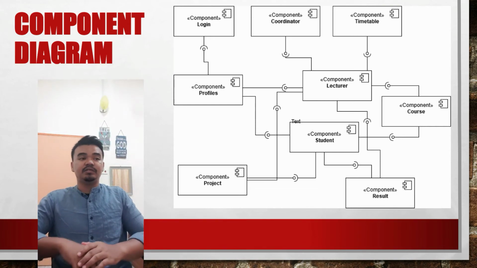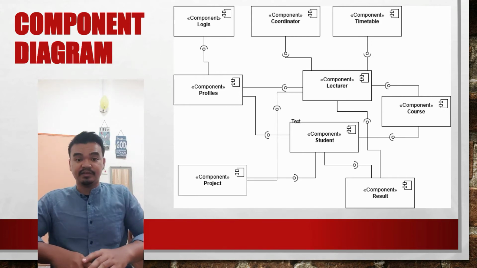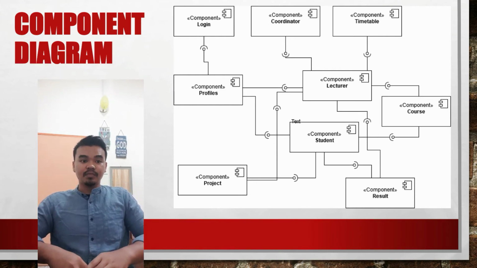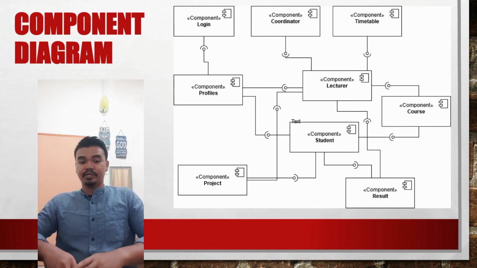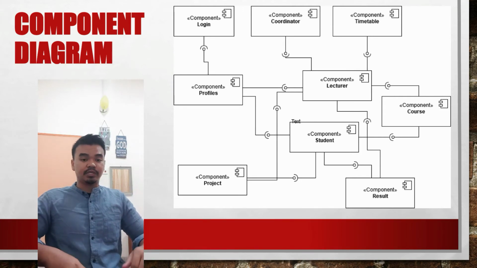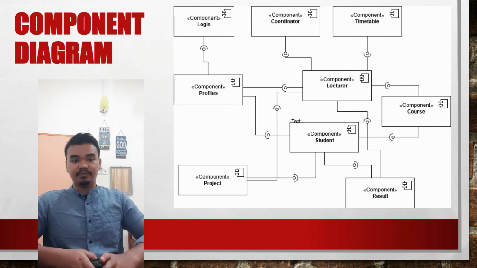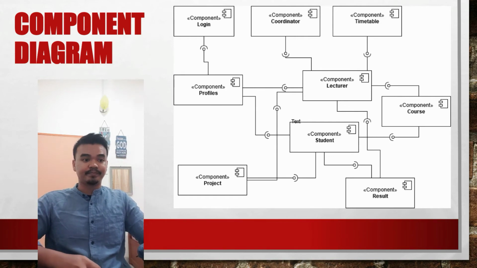result. So basically, if the student wants to view the result, the lecturer must key in the result first, and finally, the timetable must be set by the student to get their assessor for their presentation. So the student must check their assessor's time, whether their assessor is free or not, so they can arrange their meeting with their assessor. That's why they need to check for their assessor for their presentation.